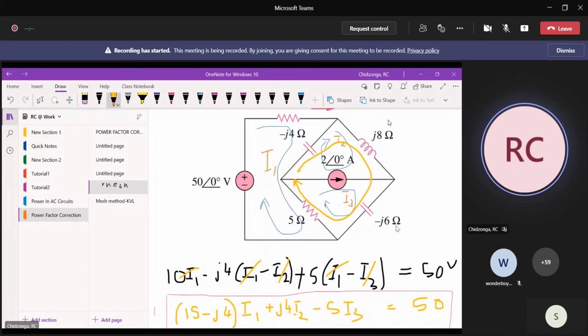Why? Is because I do recognize that if I'm going to apply KVL around this,